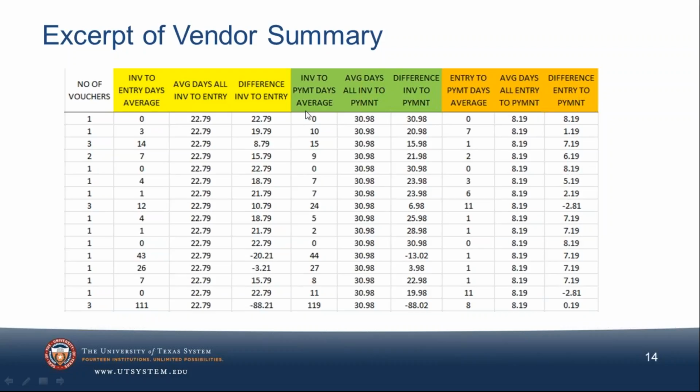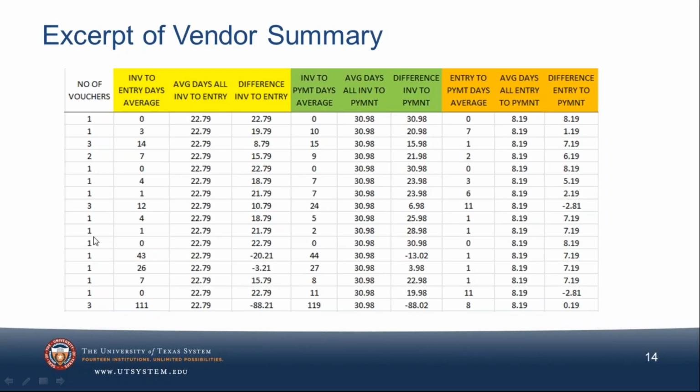I'd be looking also for any of these on the invoice to payment where the difference is huge compared to everybody else. So like this 0, I'd be interested in this. Well, it's only one vendor, one voucher. Maybe it's not worth looking at.